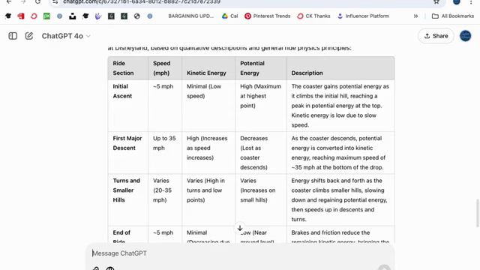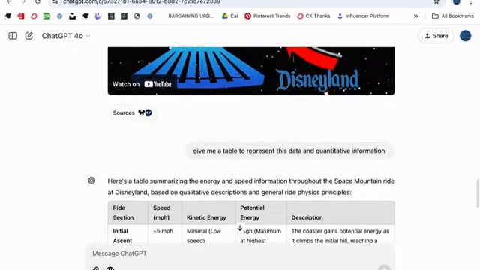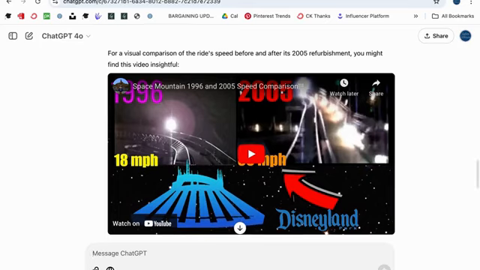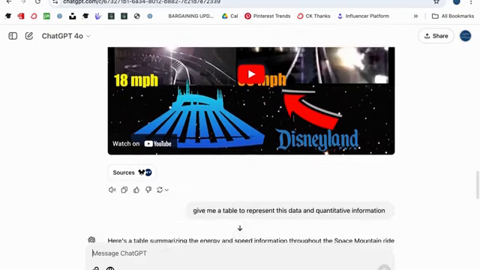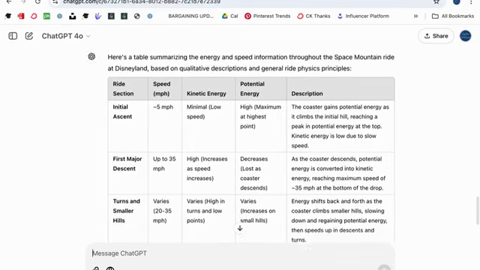I also want to show you that it provided me with a relevant video that would be great as a way to capture your students' interest at the beginning of the lesson. So I absolutely love that. But again, this isn't necessarily exactly what I wanted, and this might be better in a graph form. So let me show you